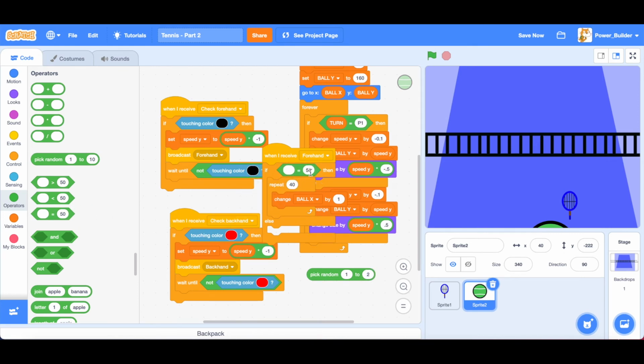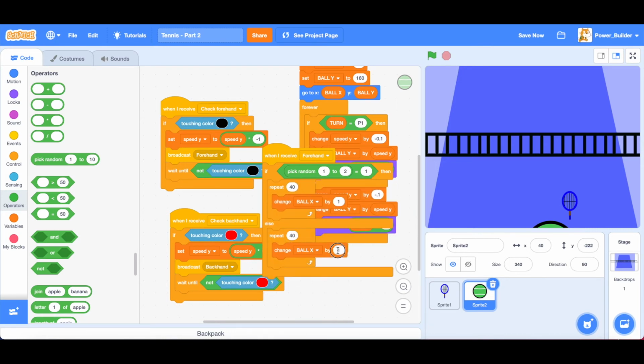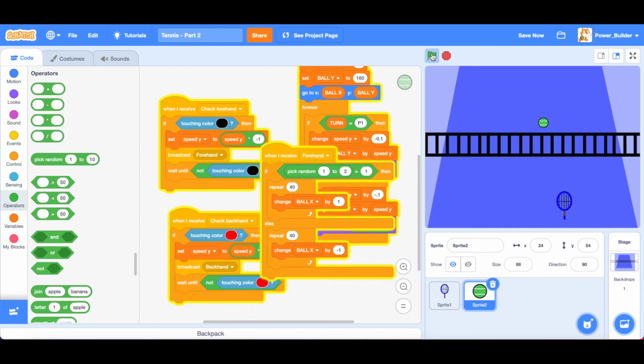If equal to 1, do this, else this. Okay.